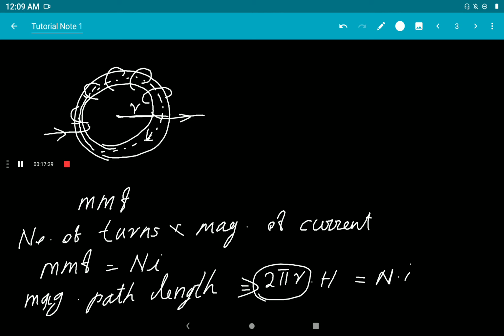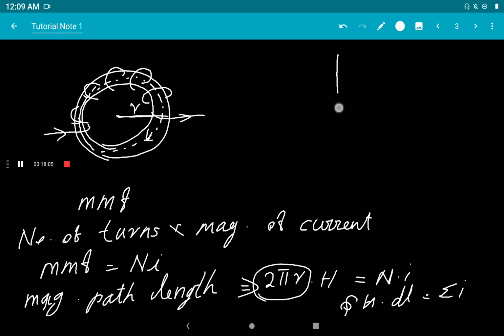Ampere's circuital law defines that the closed integral of H dot dl, over the total length, will be equal to sigma I. That means the magnetic field intensity in a closed path will be equal to the total arithmetic sum of the magnitude of current. And just assume